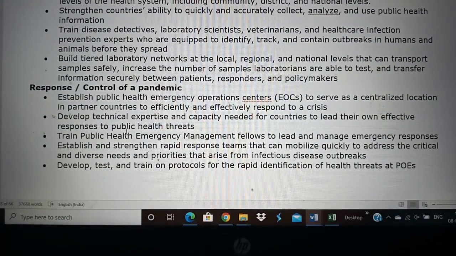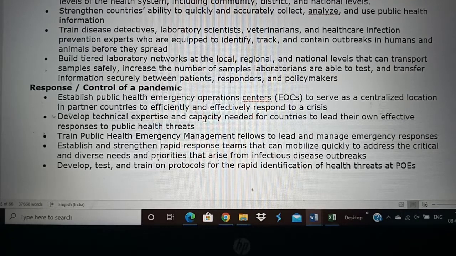Okay, the first thing is public health emergency operations. Once a pandemic or epidemic has occurred, what should the government do? What should the health system do? They should have an emergency operation center, a central location where they respond to the crisis. So it's called the crisis center, the place from which they communicate to all the hospitals, all the other